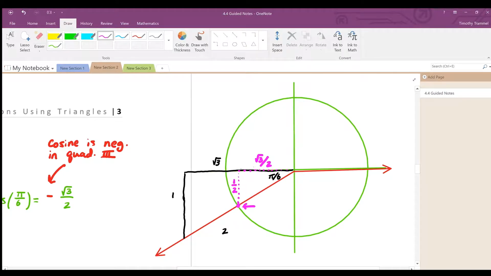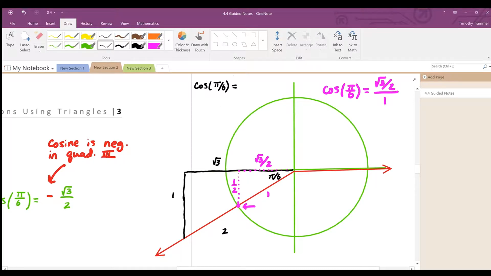And the fact that they're similar means that no matter which one of these triangles I use, whether I were to use, say, the one here in purple, if I were to find pi over 6 and do adjacent over hypotenuse, so that's the square root of 3 over 2, and then all divided by 1, right? The hypotenuse of this smaller triangle was just 1 because it's on the unit circle. I get the same thing there that I get when I do cosine of pi over 6 using the black triangle here. Okay. If I do adjacent,